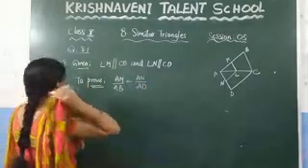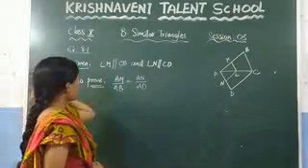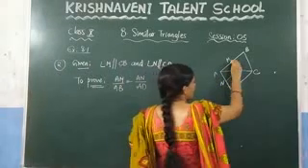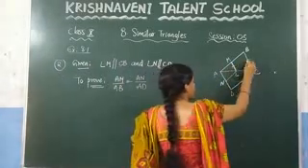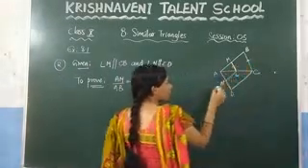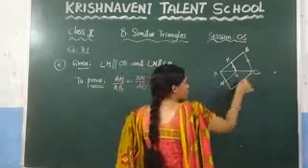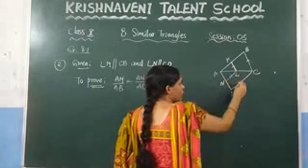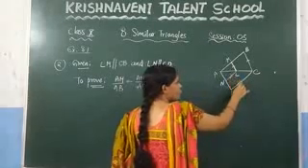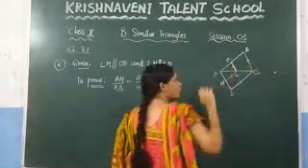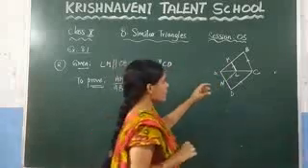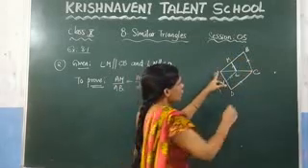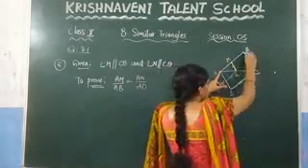See in this triangle, what they have given here: LM is parallel to CD. What is LM? This one. This one is parallel to this side, right? And similarly they have given LM is parallel to CD. Clearly you can observe that these two lines are parallel. So mark it here with two arrow marks, which indicates that these two lines are parallel and these two lines are parallel. Now if you consider the upper triangle, A, B, C.